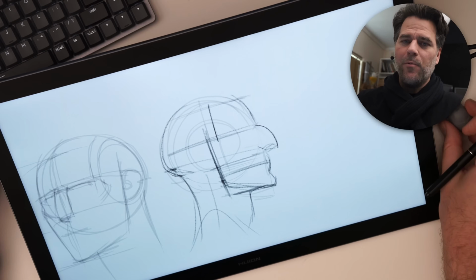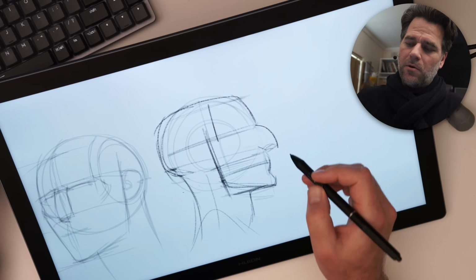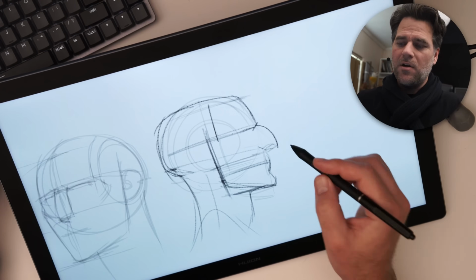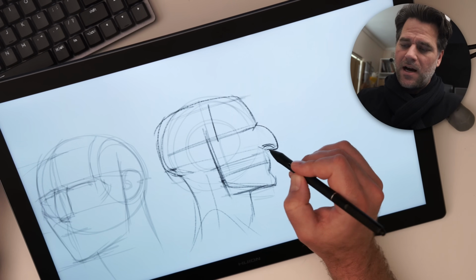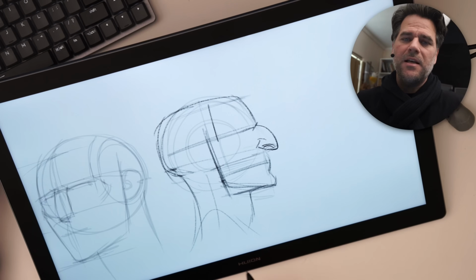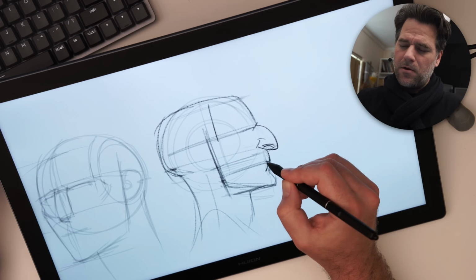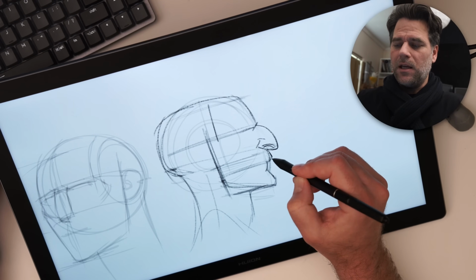It would still overlap with a basic skull. What I am doing is really pushing some of the characterization of the features as far as they will go. And what you'll find is that I can create really interesting, exaggerated, stylized characters using this method just by pushing and pulling these